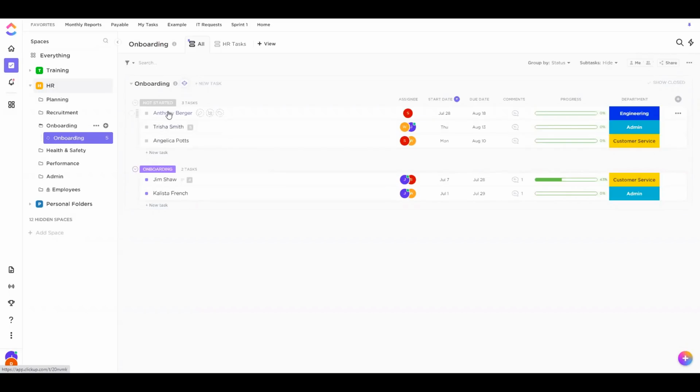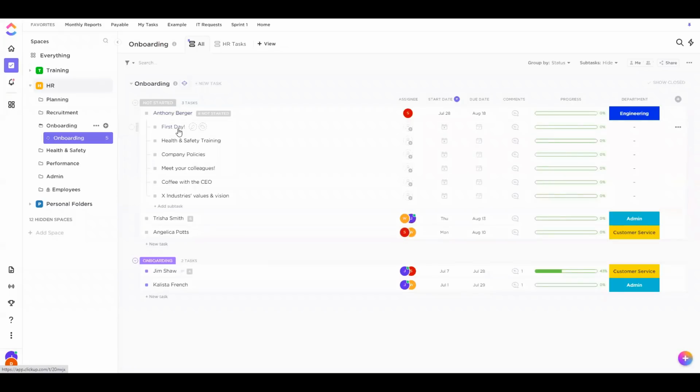Within that list, I've got a task for each person, and I've chosen to do it this way rather than a list for each person, just because it gives me easy reporting. So all of our dashboard reporting is based on tasks for the calculations and graphs. We do have reporting on whole lists, and that's more of a project style reporting. It's like, how complete is this list? And that could be useful in some cases, but in this case, I think I'd like to have some graphs and calculations. So I'm keeping things as tasks if possible, and then I'm breaking out the individual events